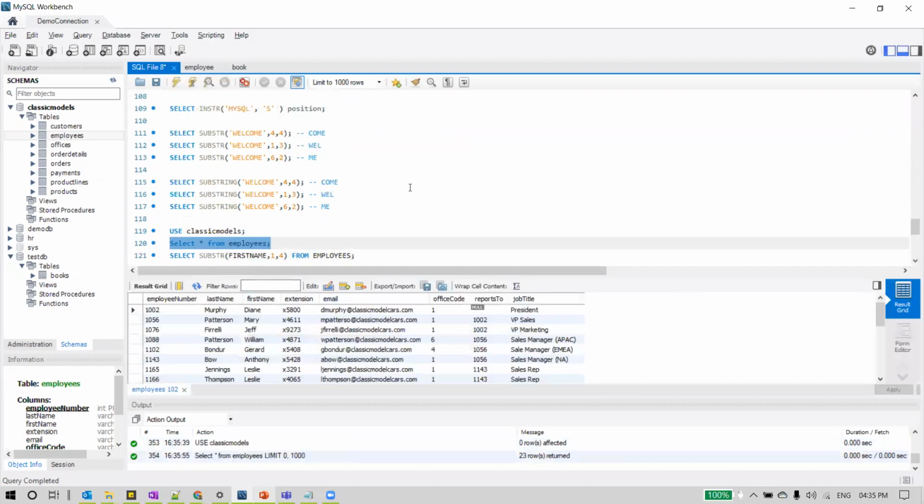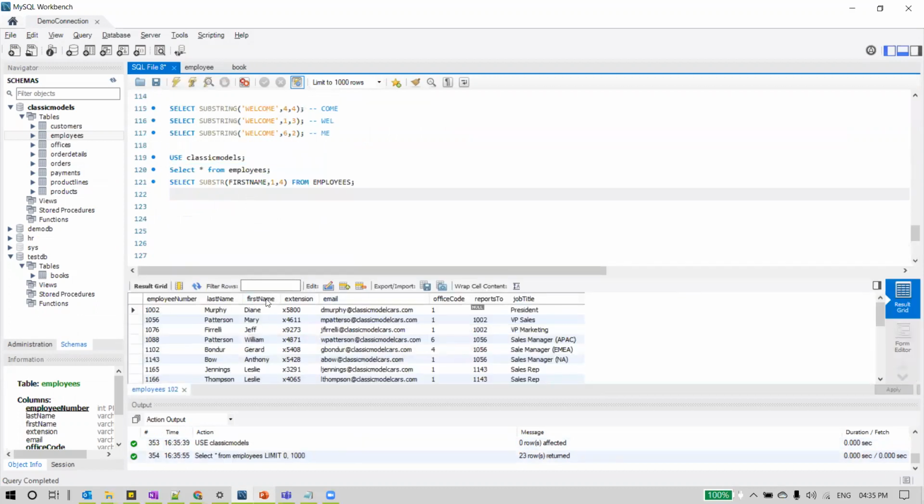This has the data. The employees table has some data, and from this, I am interested in displaying the first name, and I do not want to display all the characters from the first name. I want to display only the first 4 characters. Starting with the first character, I want to read 4 characters. So this is how we can specify substring.